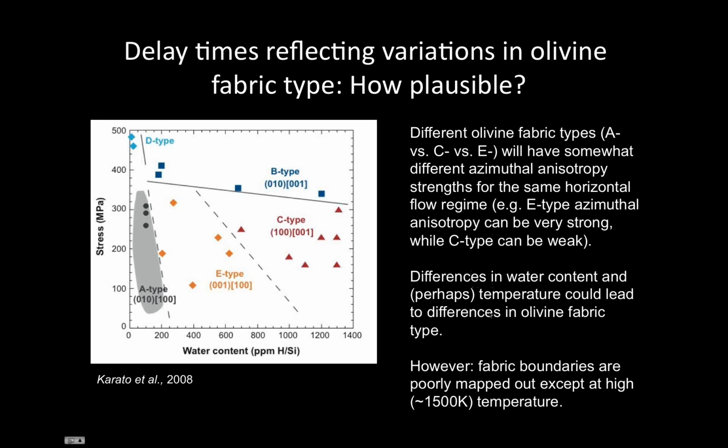It's not very well known from an experimental standpoint exactly how these different fabric types correspond to deformation conditions, particularly at different temperatures. And these fabric boundaries are imperfectly mapped out, particularly at lower temperatures, although the high temperature might be fairly relevant for the high lava plains. So I think it's an intriguing possibility, but it's a little bit difficult to quantitatively